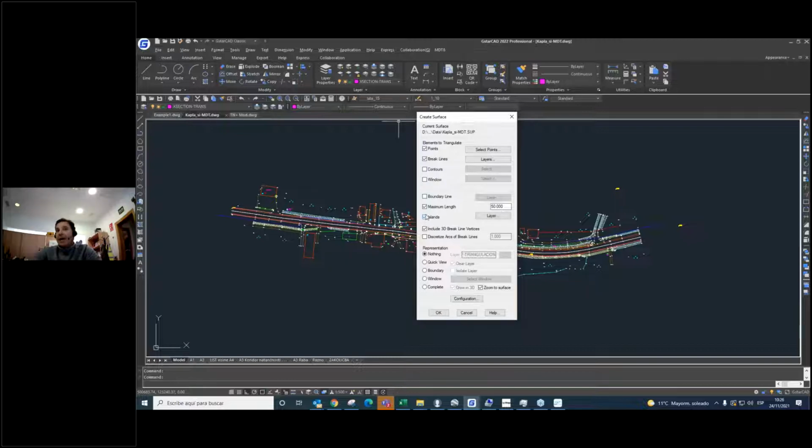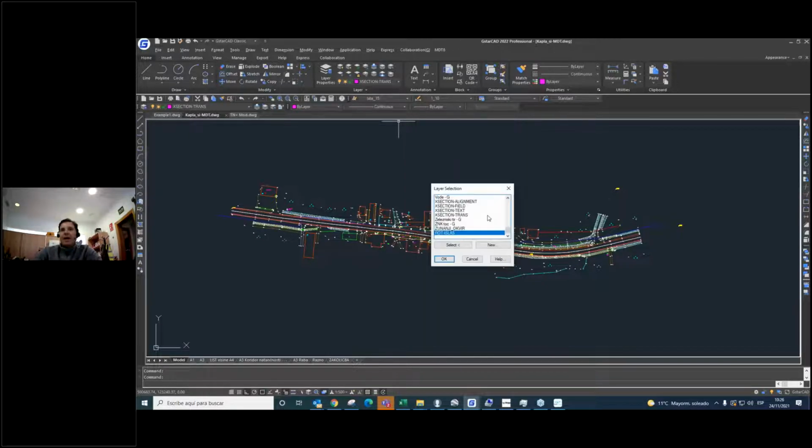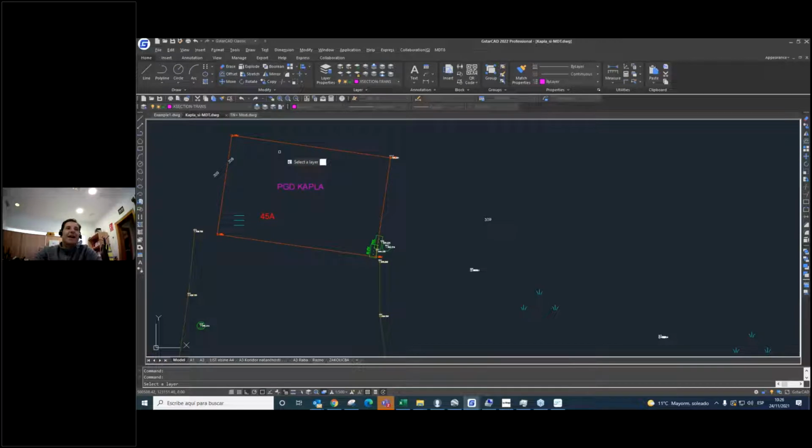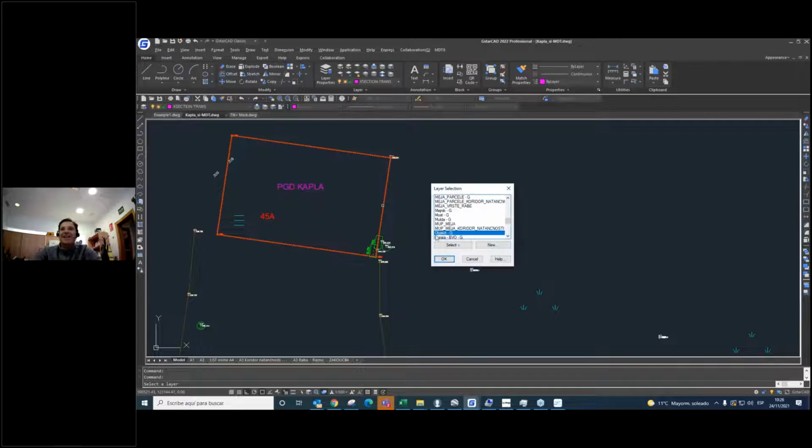I'm going to use islands to annul or hide some area where there isn't a surface. I'm going to use the building. For me, it's very difficult to use the Slovenian names because I don't understand exactly. I think this is a building.